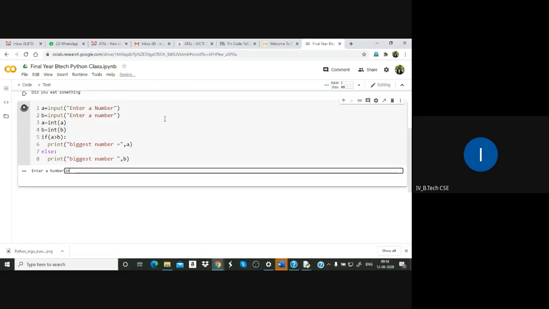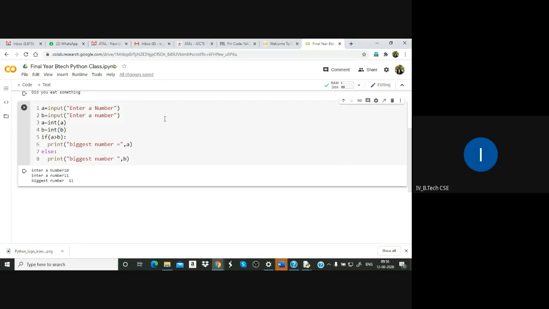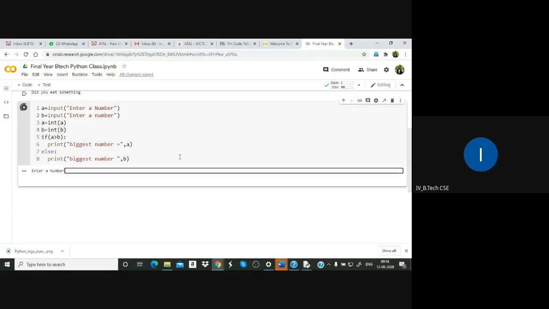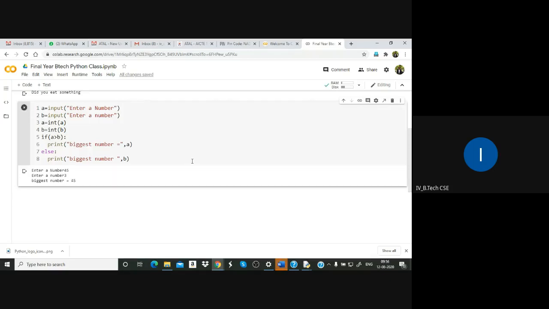I entered 10, and again I entered 11. Okay, 11 is the bigger one. Now let us check again. First we enter 45. Next I entered 4. So 45 is the biggest number.